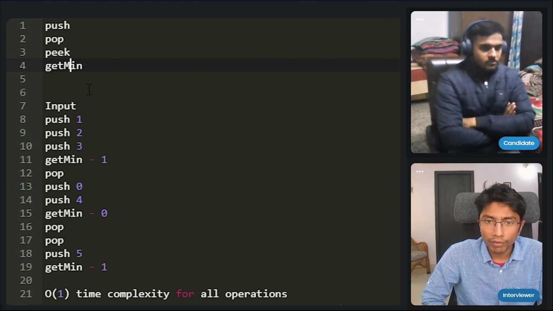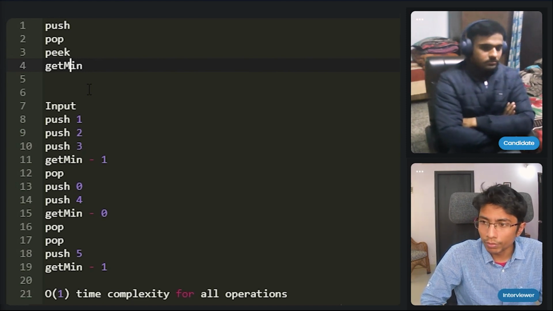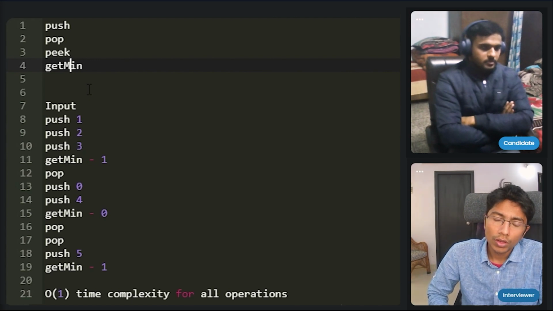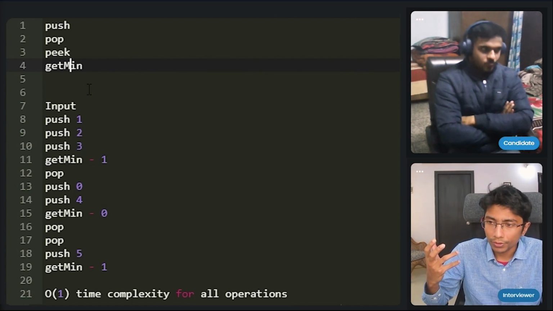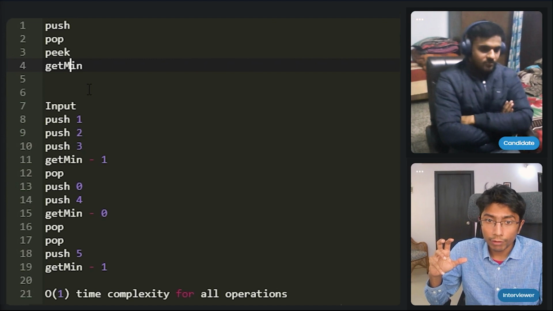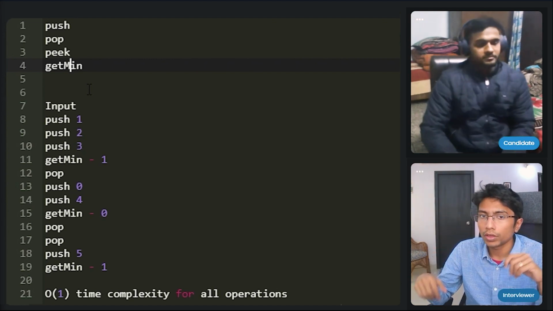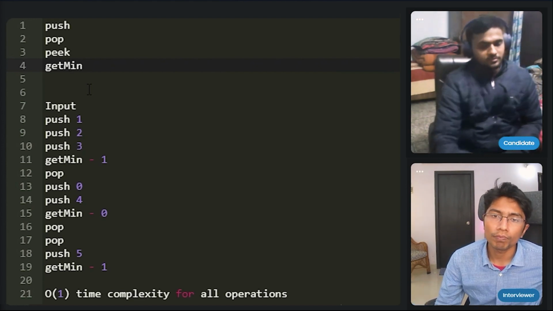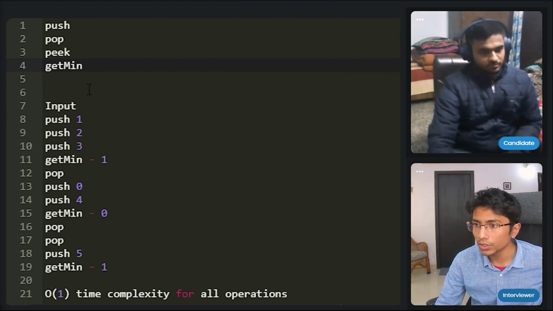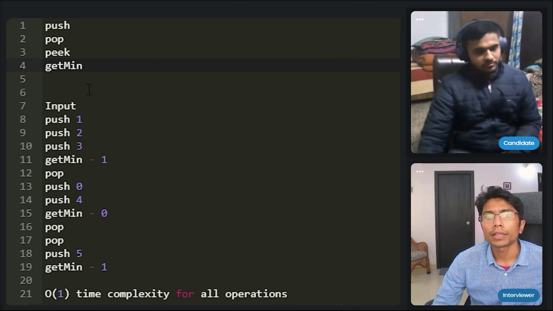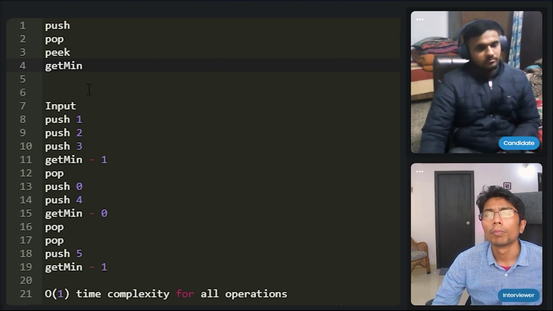If I somehow have an ordering of which is the minimum, like for example, in a heap, the heap always has the minimum on top. So if I say get min, then that will be an O(1) operation. But the problem is whenever I'm pushing into the stack, what happens to the min? Pop is a problem.